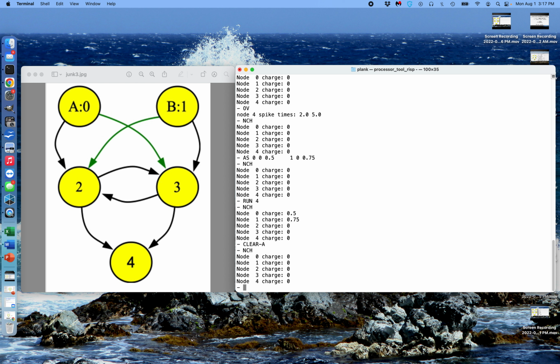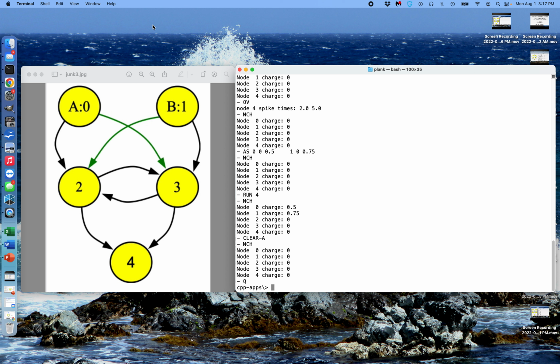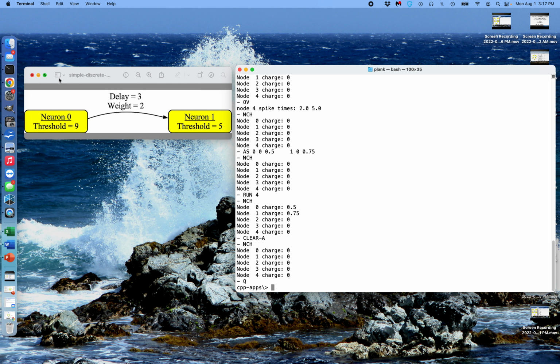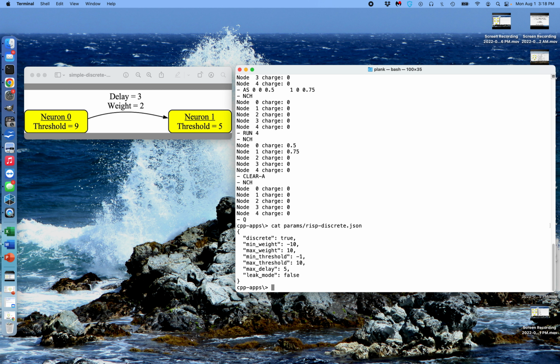Okay, what we're going to do next is show how to hand construct a network for a specific processor. What we want to do is use the discrete version of RISP. Let's cat params RISP discrete. There we go. With this version of RISP, the neuron charges and the synapse weights are integers